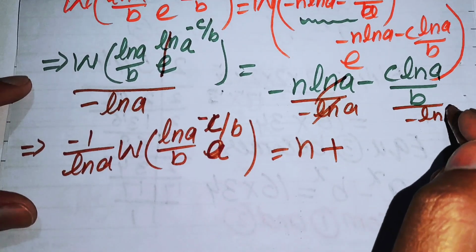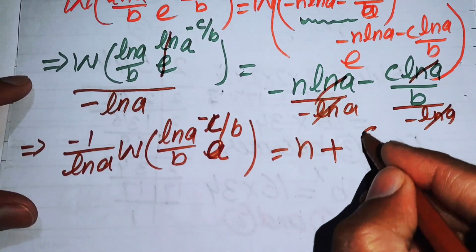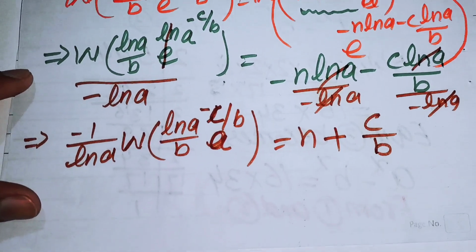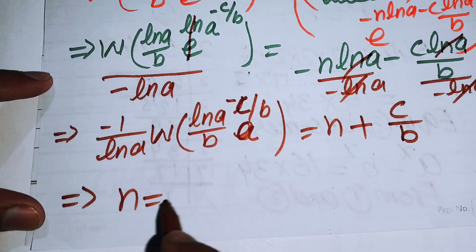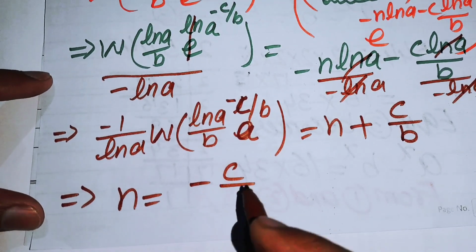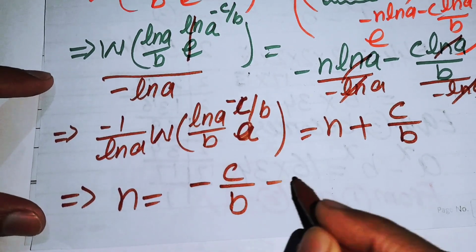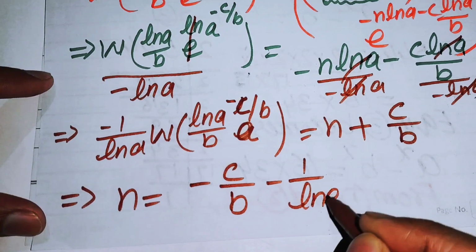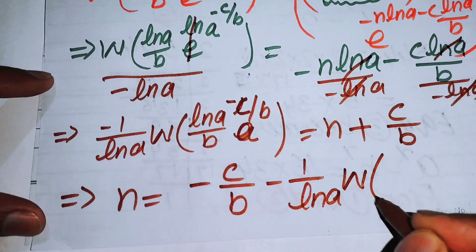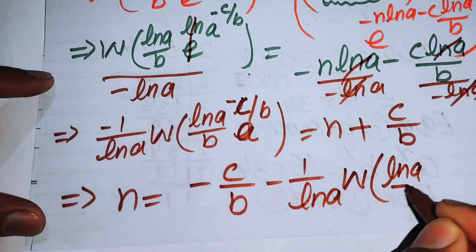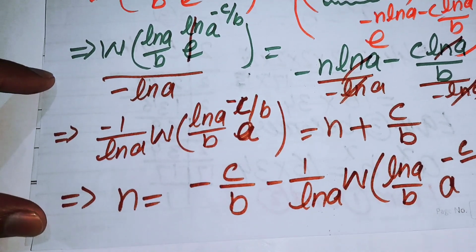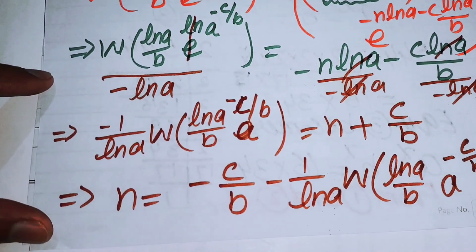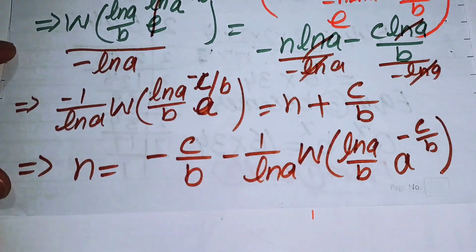and we cancel this log a by log a, and you get here c over b, and we move the c over b to the left hand side, and we get the value of n equal to minus c over b minus 1 over ln of a into W of ln of a over b multiplied by a to the power of minus c over b. So this is our general formula for this question,